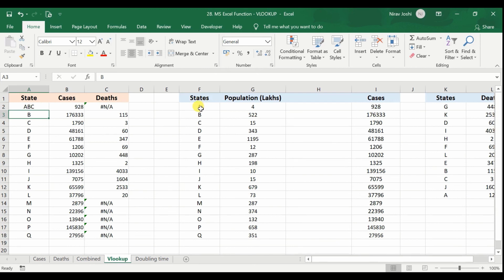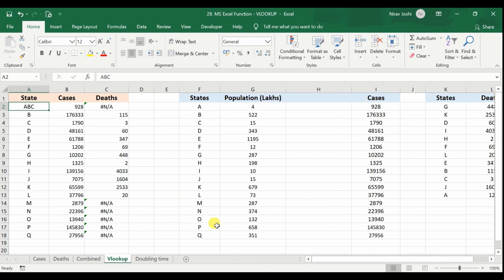And in terms of text, A is less than ABC in sequencing, because ABC falls in between these two values A and B. So that would be showing 9 to 8 as identified value in VLOOKUP function.